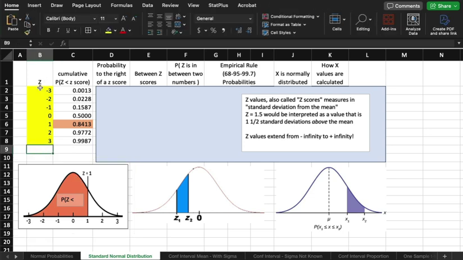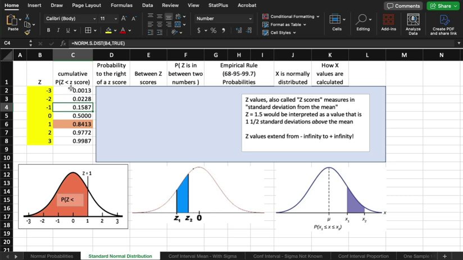So in column B, we have our z values just typed in there, and I have it highlighted in yellow for a reason you'll see later. You won't see it in this video, you'll see it in another video. But I just want to establish what all of these probabilities are. So set up our probability table here. These are not frequencies. These are not relative frequencies. These are cumulative frequencies,